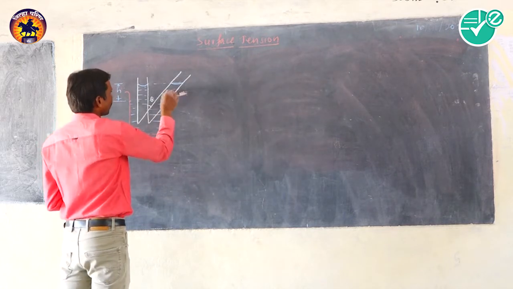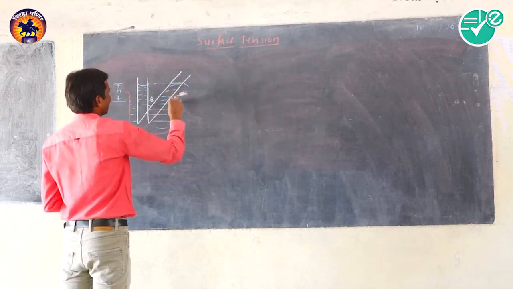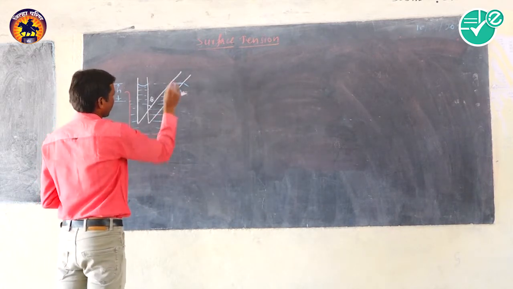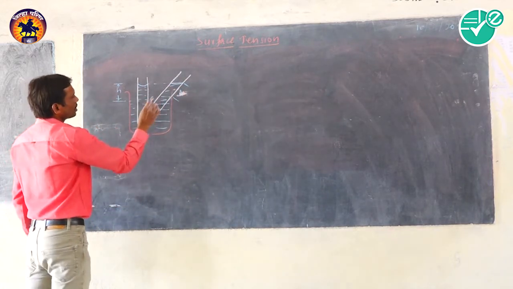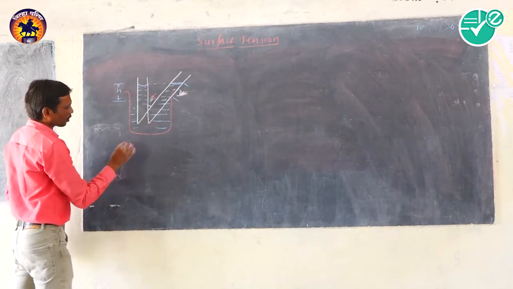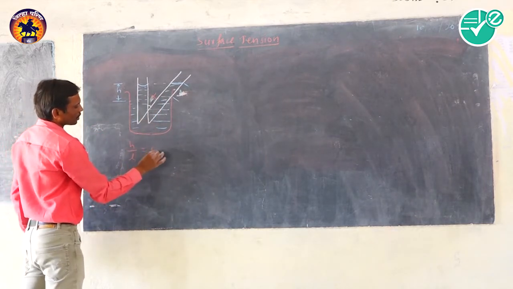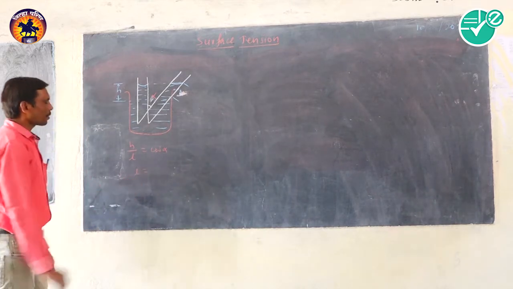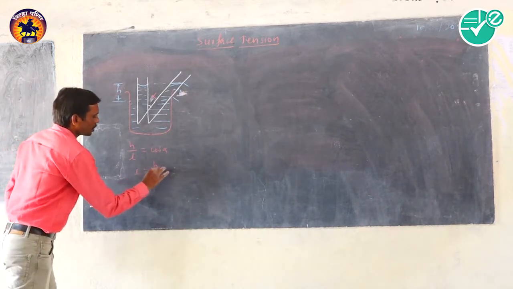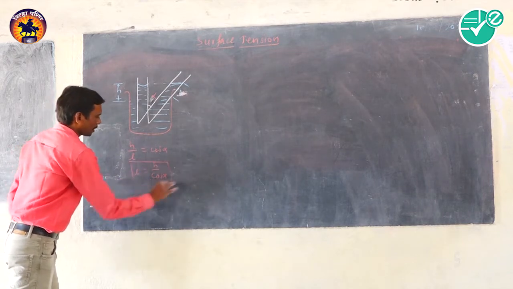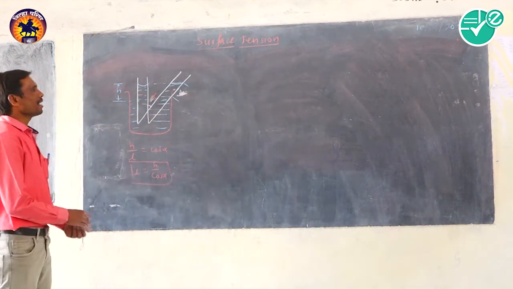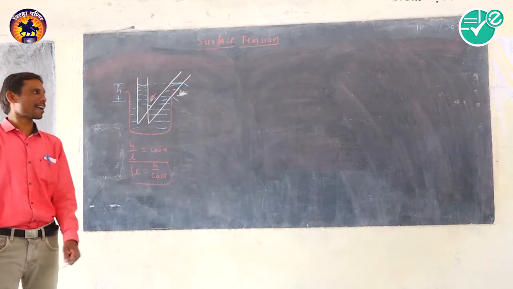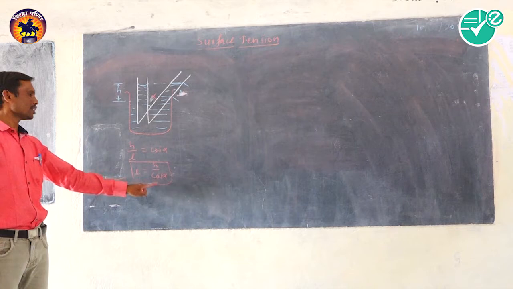Only the length of the liquid inside that capillary tube increases, and that is now considered as small l, here it is the height h, and here it is the angle alpha. So in this case, according to trigonometry, we get h divided by l equals cos alpha. So the length of the liquid inside the capillary tube that is tilted through some angle alpha is l equals h divided by cos alpha.